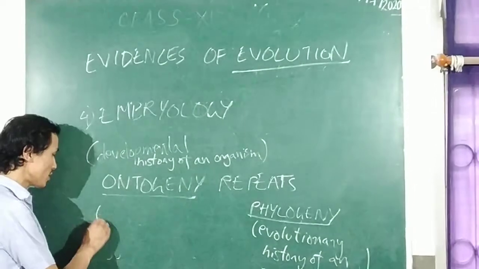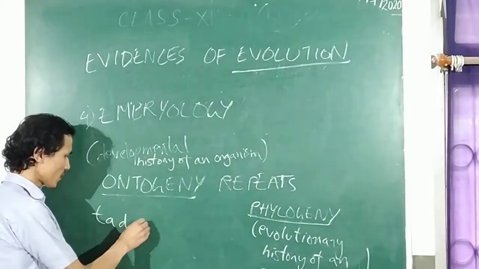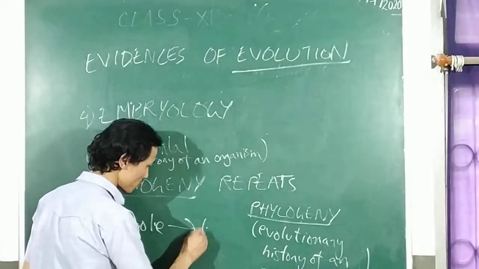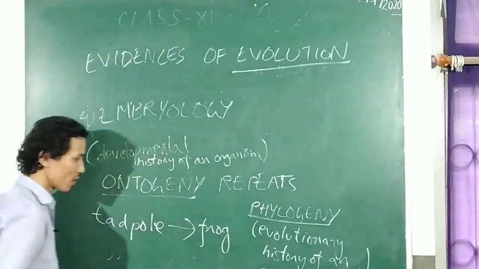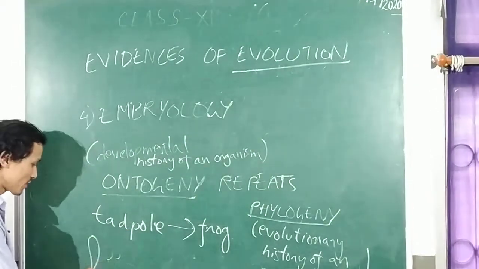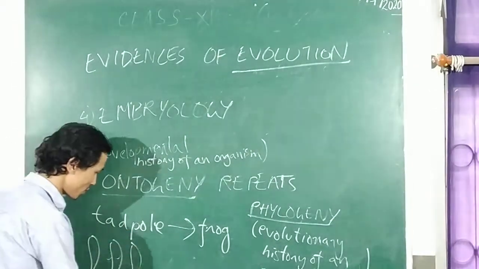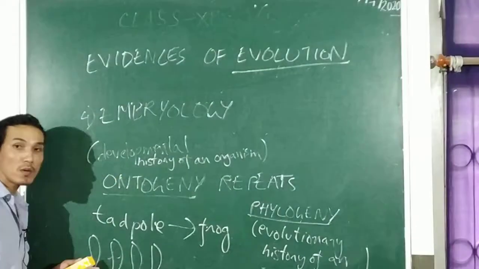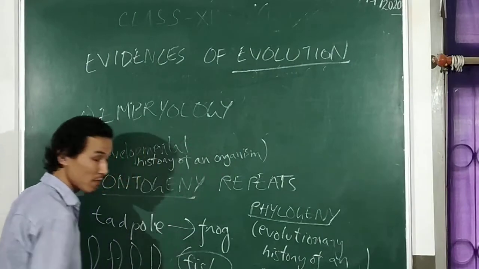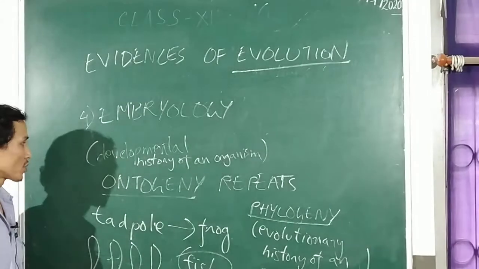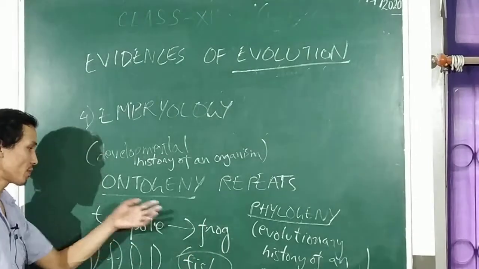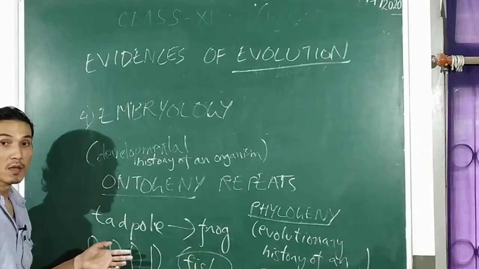So, an example is the tadpole. It develops into a frog. But as the tadpole is developing, the different stages of the larva or the tadpole all resemble the larva of a fish. So what this means is, during the developmental history of a frog, it is repeating the evolutionary history of